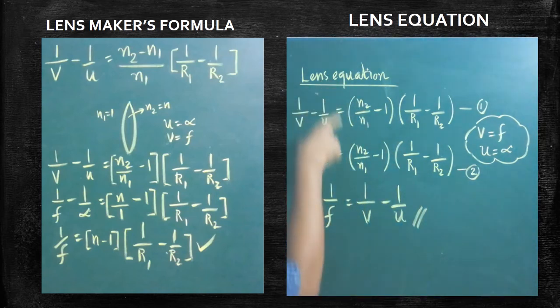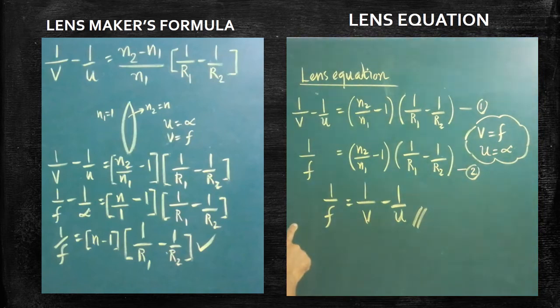This lens equation relates the focal length, object distance and image distance. By using this simple lens equation, we are able to do a lot of problems. By knowing any two values, we are able to calculate the unknown one. By knowing v and u, we are able to calculate f, or by knowing the values of f and v, we are able to calculate u. By knowing f and u, we are able to calculate the image distance also. So this equation is called the lens equation. In the examination, both lens make